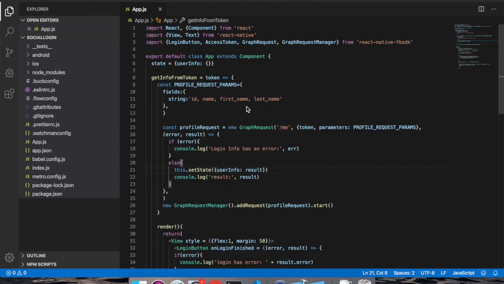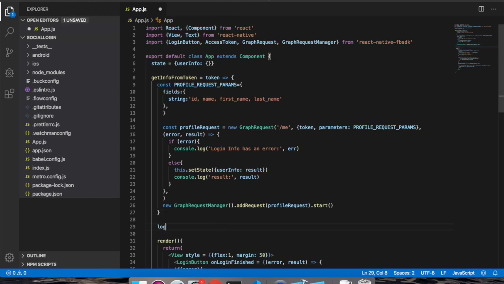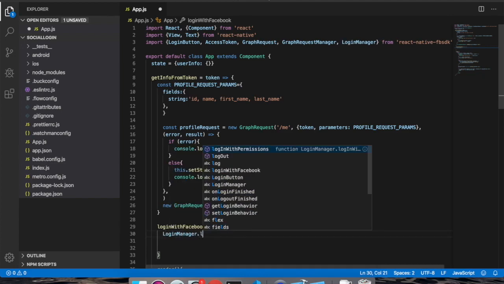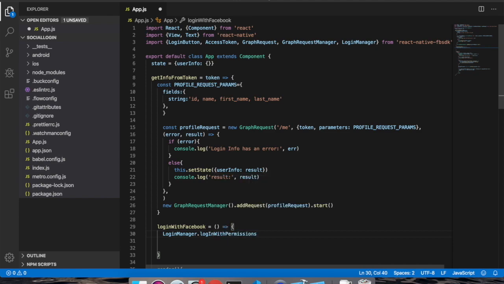Now let's create a custom button in which when we tap on this custom button, we will open the same functionality as we created earlier for the default Facebook button, right? So to do this, let's implement a function which will handle Facebook login. Now login manager dot login with permissions, public profile dot then